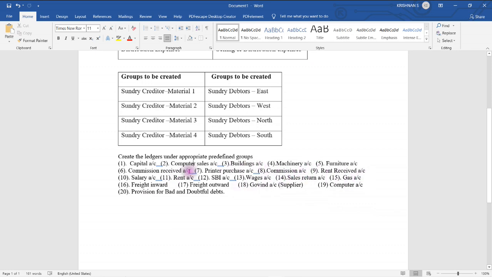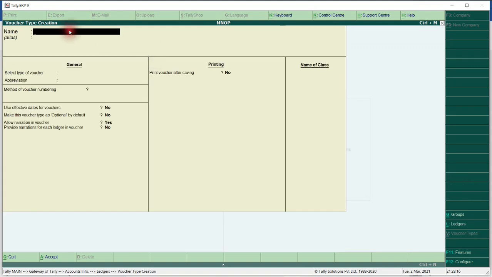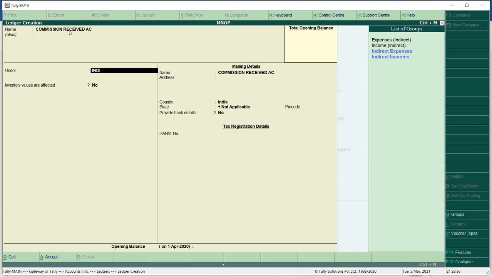So when you are creating commission received account, it comes under indirect incomes. Okay, commission received account, indirect incomes.